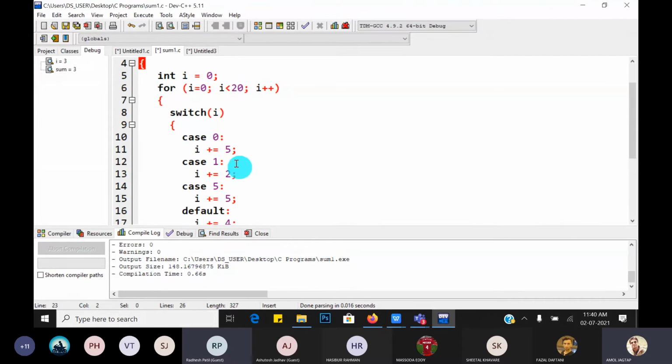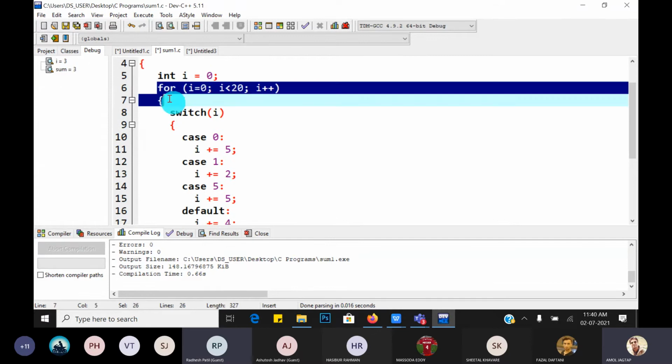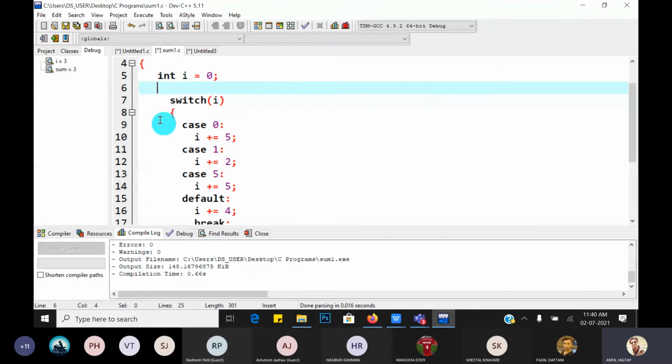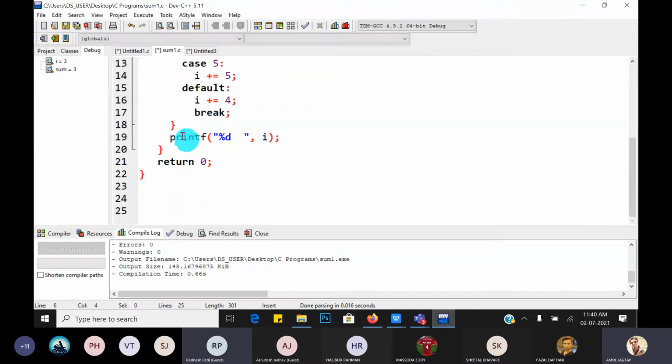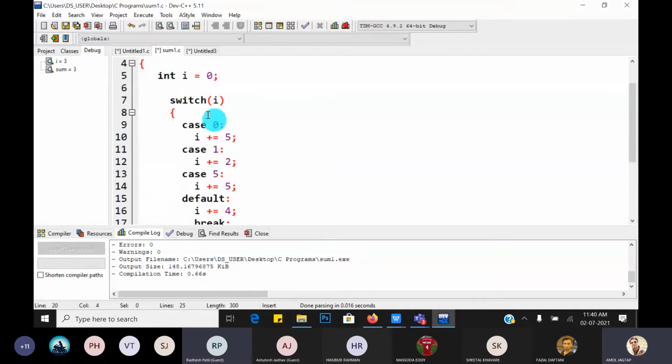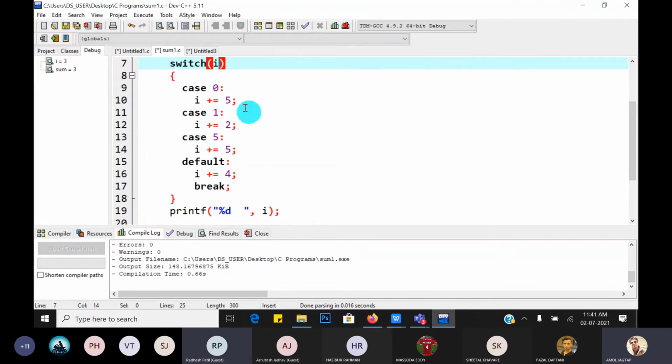Next, now switch case. Before that, I will show you this complex one. I have removed some conditions and will take a simple one first. In switch case, we know that switch is the keyword. Then we have to write an expression here, not any condition type, just an expression.